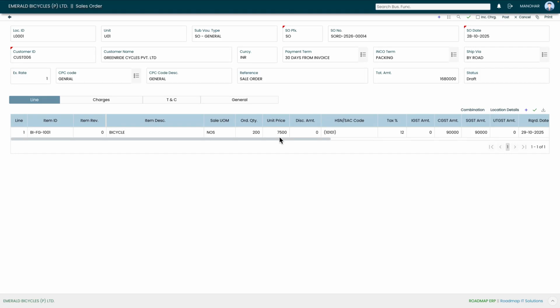So unit price is the cost of a single unit of a product or service in your sale order. It's the price before taxes, discounts, and additional charges have been applied. Here we have a discount amount, and then we have an HSN and SAC code,